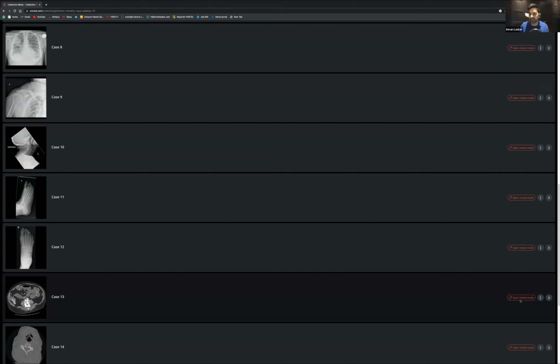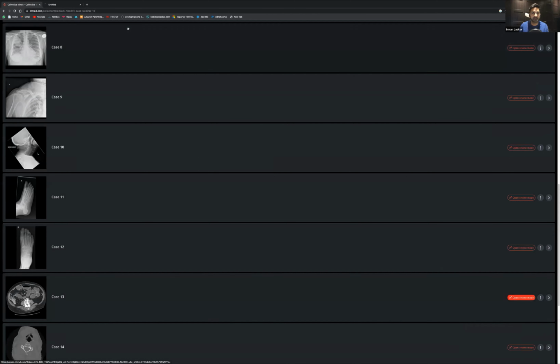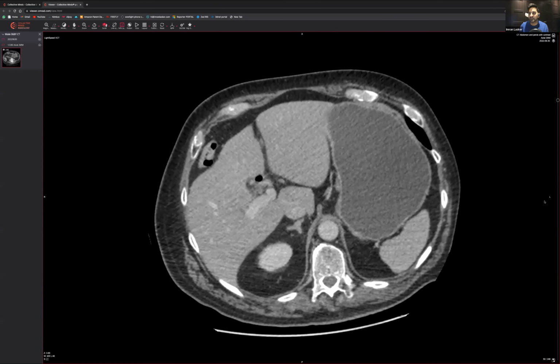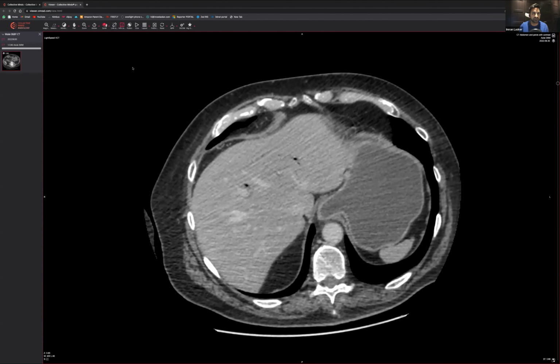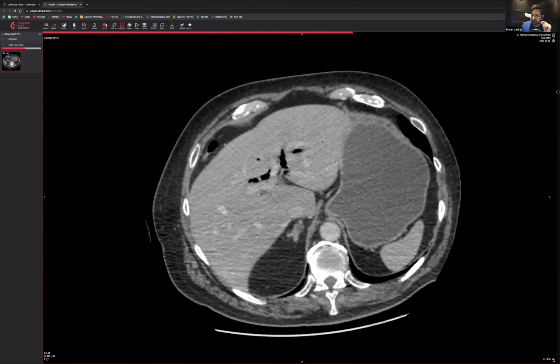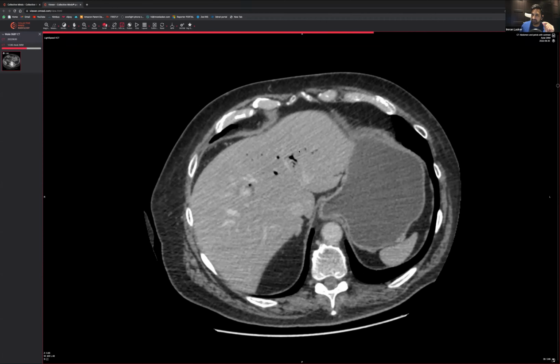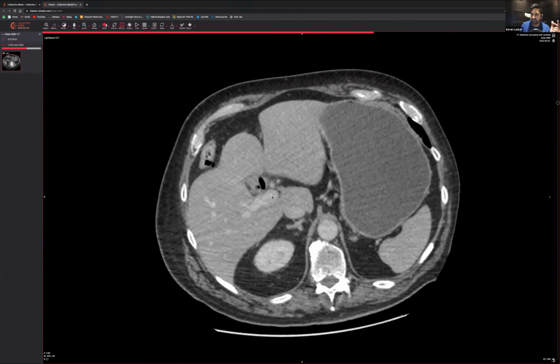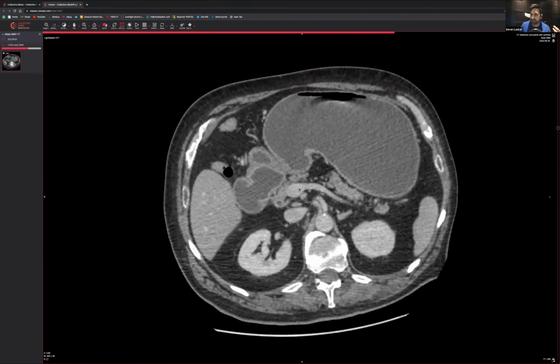If you learn nothing from me today apart from this, this is going to save lives. And hopefully, by extension, I've saved lives too, which is kind of fun. If the air goes all the way to the edges, it must mean that the air is located within the venous system. And if it's located within the venous system, it must be coming from somewhere. So where would it be coming from? Air within the venous system would be coming from the portal vein.